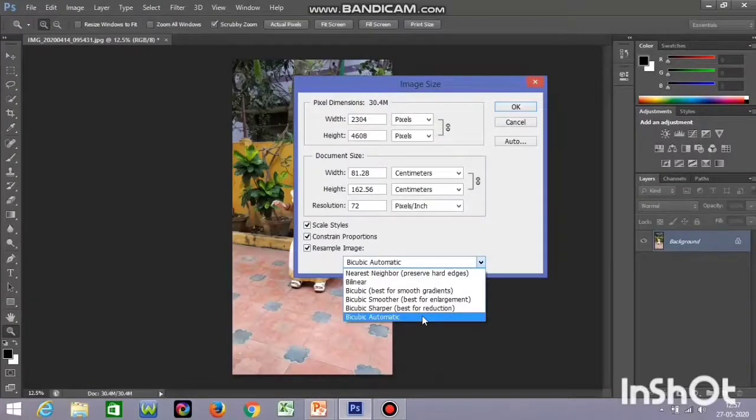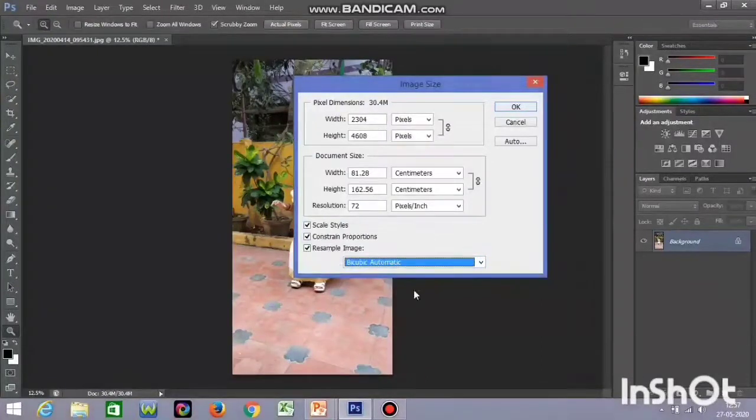It takes all the values, examines them, and then using a complex calculation it adds pixels. So this is the best one compared to nearest neighbor and bilinear, and this is the default option which will always be selected in image resizing.